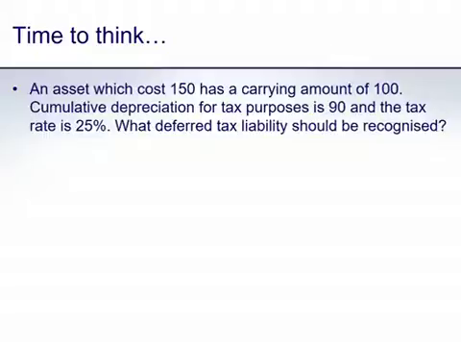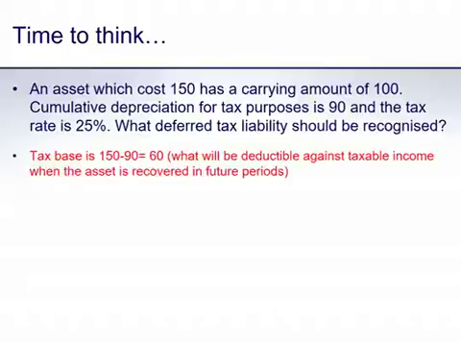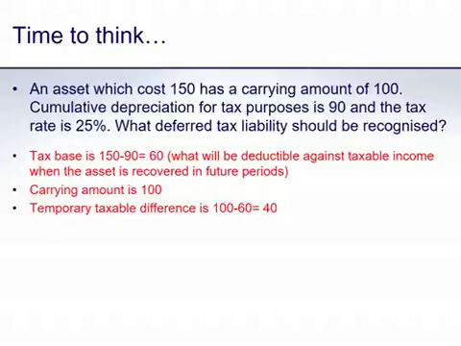We've already said that the tax base of the asset is the amount of future deductions available. So it's the original cost of 150 less the deductions that have already been claimed of 90, which gives us a current tax base of 60. The carrying amount is 100. Therefore, the formula for deferred tax, which says carrying amount less tax base, gives us a taxable temporary difference of